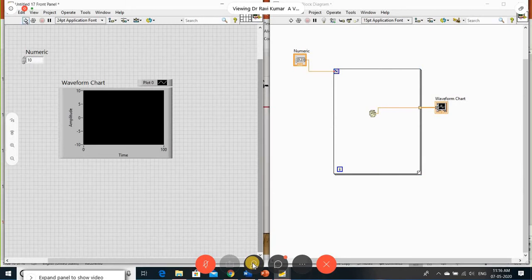Suppose, let me run this. See, now I'll change the length. Okay, now you can see the random values through the chart will be displayed with respect to time. Time shows your iteration time. Whenever i is 0, what is the value? i is 1, what is the value? Whenever i is 10, what is n minus 1? This is the 9th one. What is the value? That will be plotted on the chart.